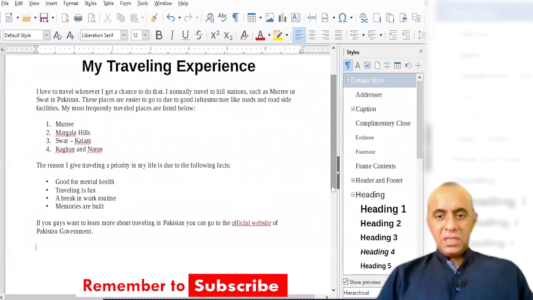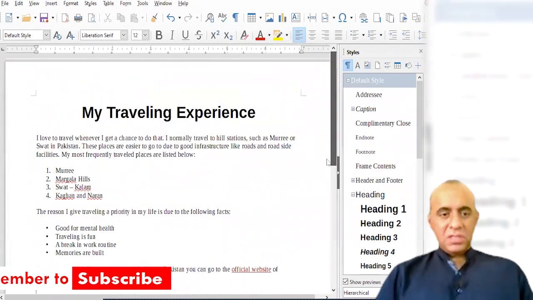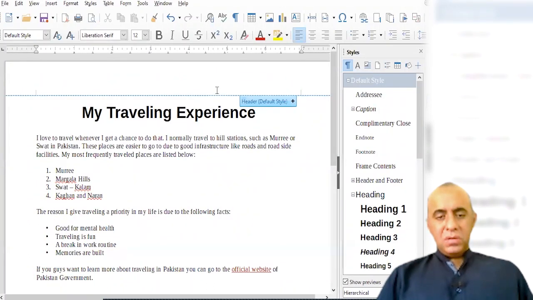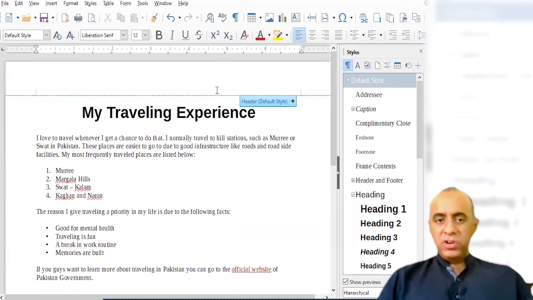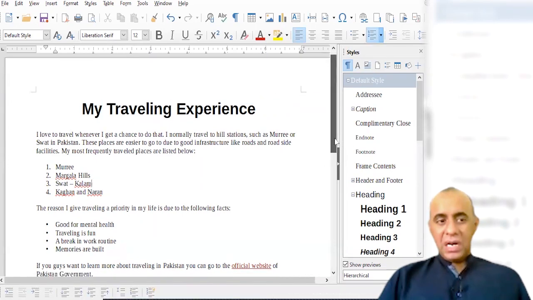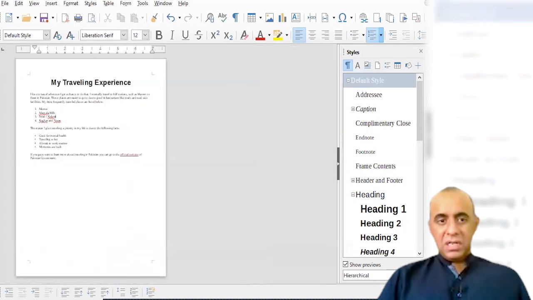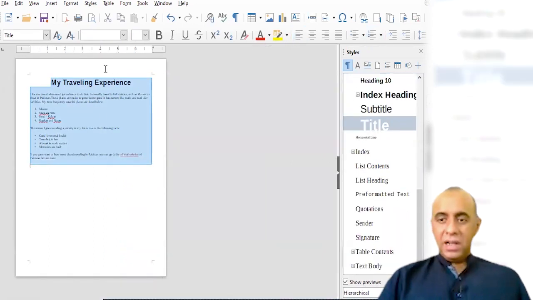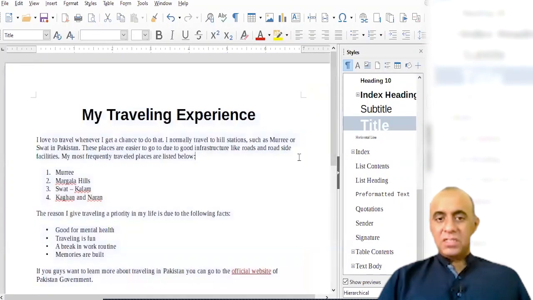Okay, so let's insert header and footer before we insert the tables into this document. Let's suppose I ask you to mention your name. So I'm going to write my name, you can write your name in the header, and write your roll number in the footer. Header and footer are places inside a page, a Word document, which are outside the main text area, in the margin area on the top side, that is the header, and inside the margin area at the bottom, it's called the footer. It is normally inserted in documents to mention information which is true for the whole document.